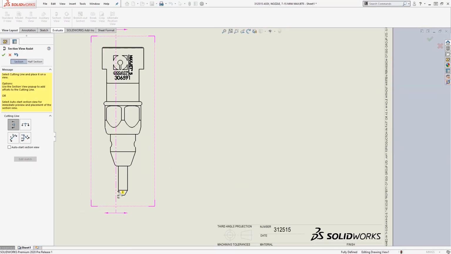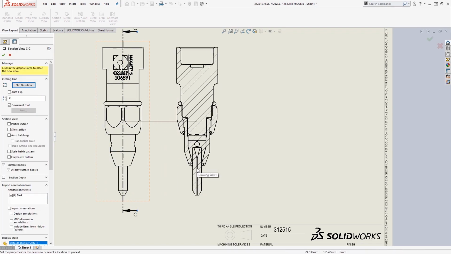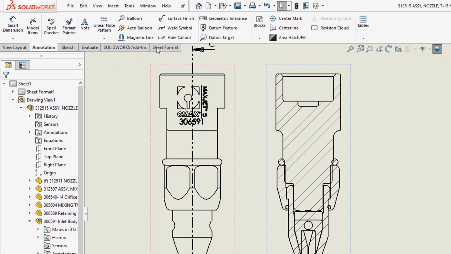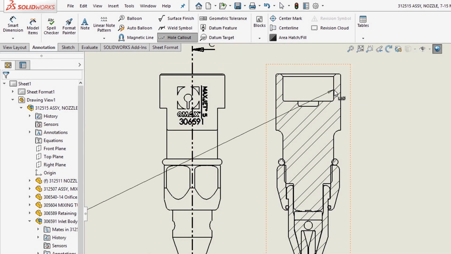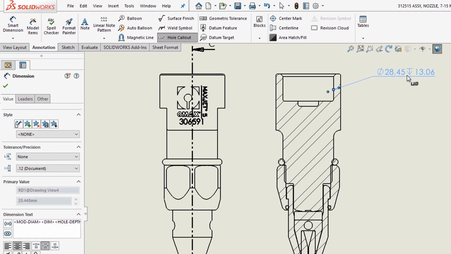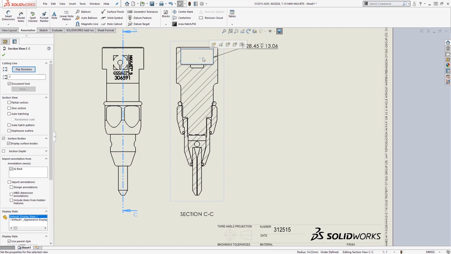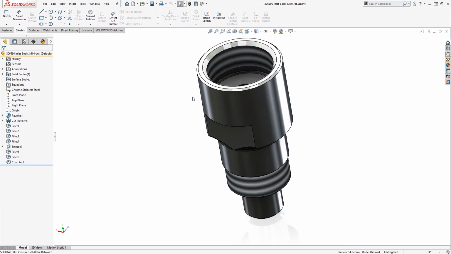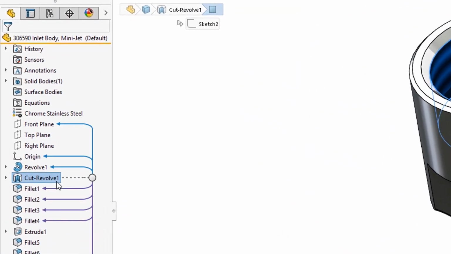Section views are a great way of showing hidden details, especially where holes and fasteners are required. Now in 2020, we can add hole callouts to section views, capturing all the machining details required from these features. We have the same hole callout details for holes that are not created with either the Hole Wizard or Advanced Hole commands. Holes created from either cut extrudes or cut revolves can now have the details added to capture these key dimensions.